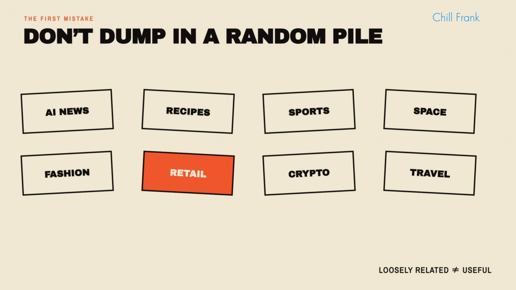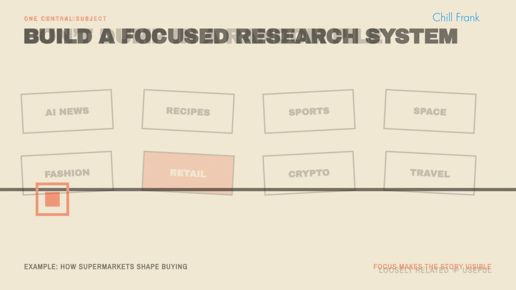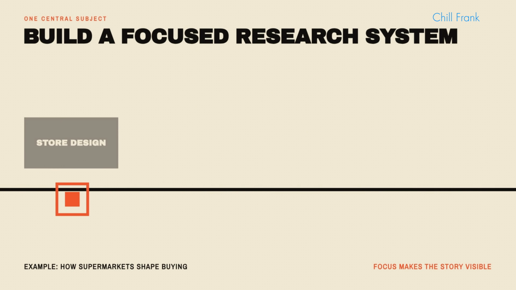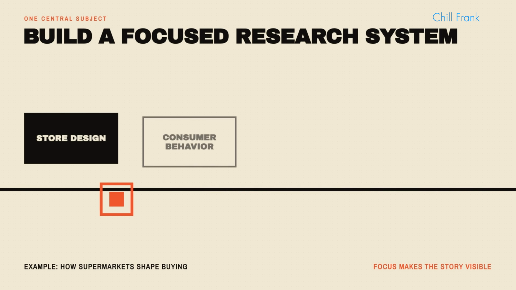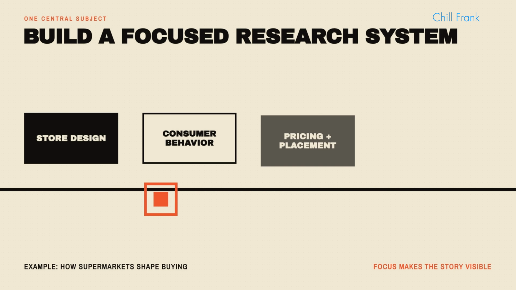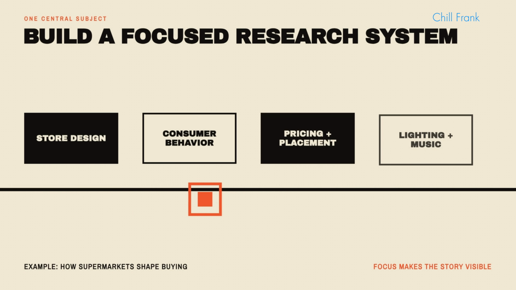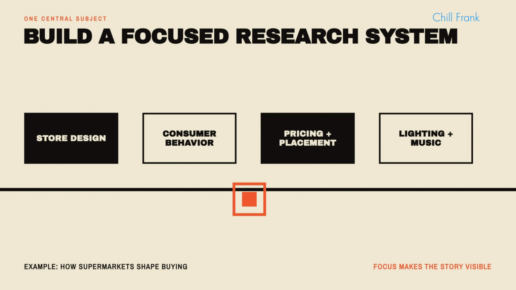Give it clean, focused sources built around one central subject. For example, imagine that we are creating a documentary about how supermarkets influence what people buy. Our notebook might contain a completed documentary script, reliable research about supermarket design, studies on consumer behavior, notes about product placement, examples involving pricing, lighting, music, and store layouts. The more focused your sources are, the easier it becomes for NotebookLM to identify the story you actually want to